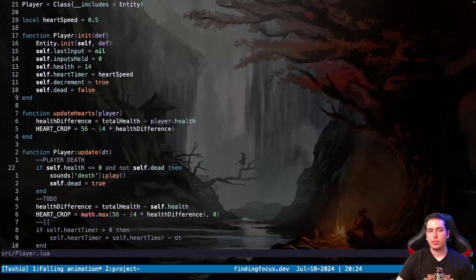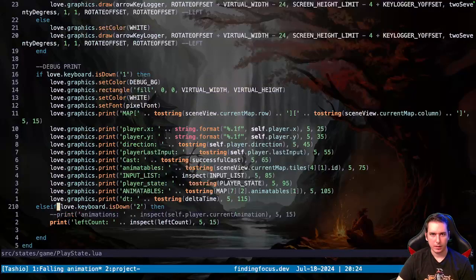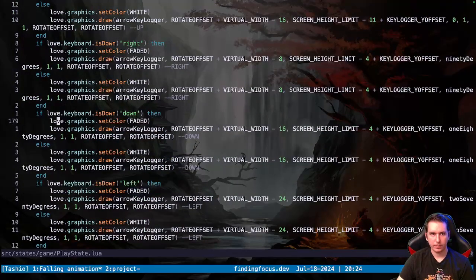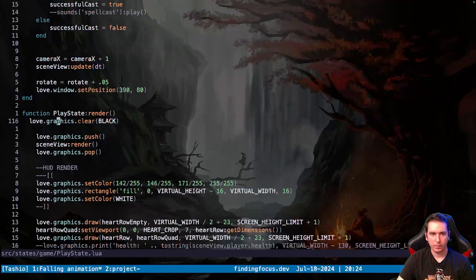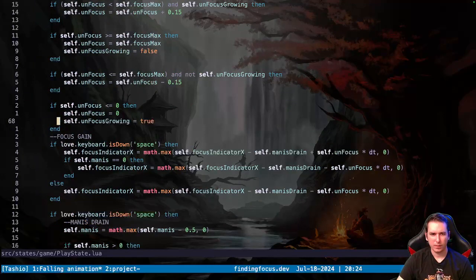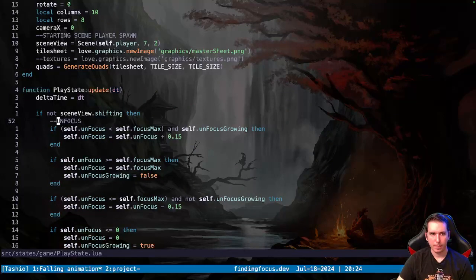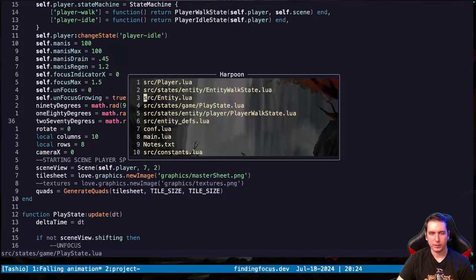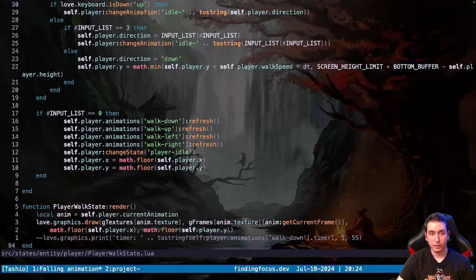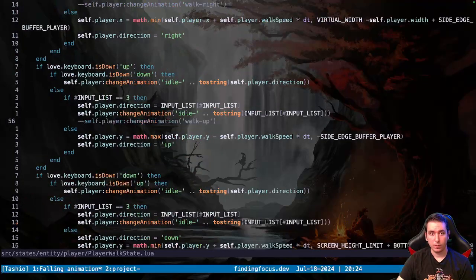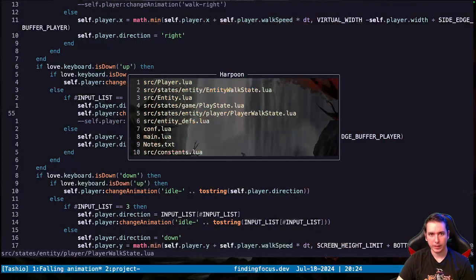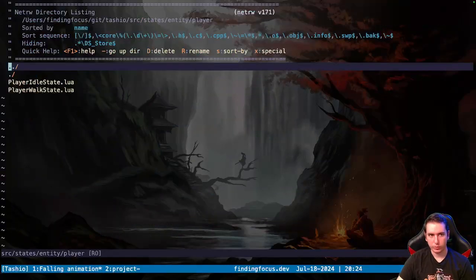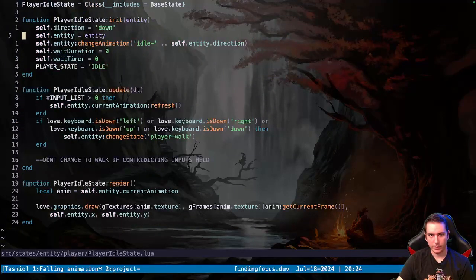A little stumped how to change animation at the moment. I want to say it's in our player walk state. Change animation and then to what change. Okay, so let's go to our player idle state, and what we'll do is just say, you know what,